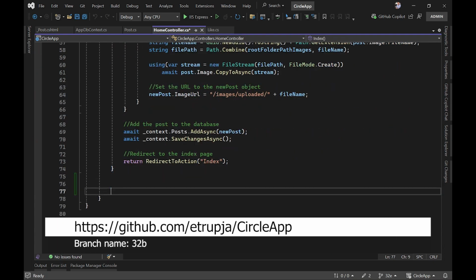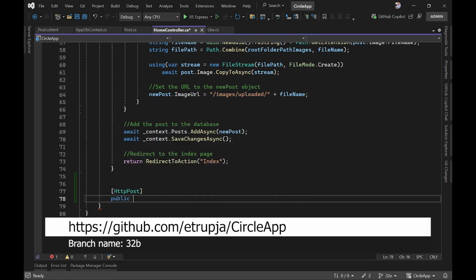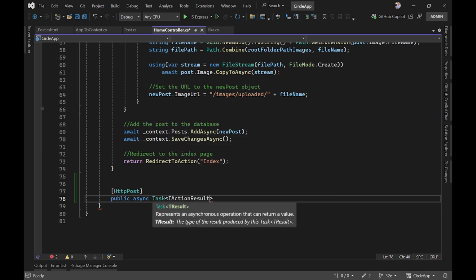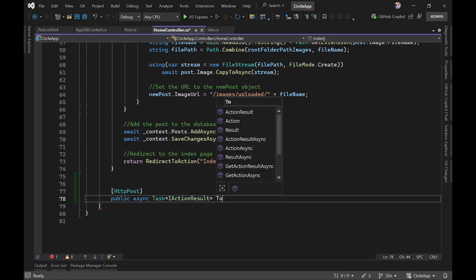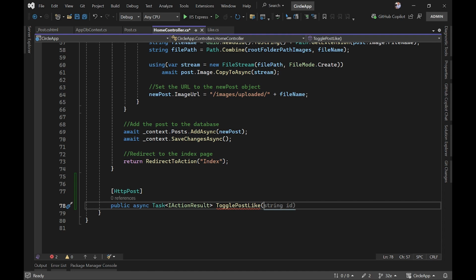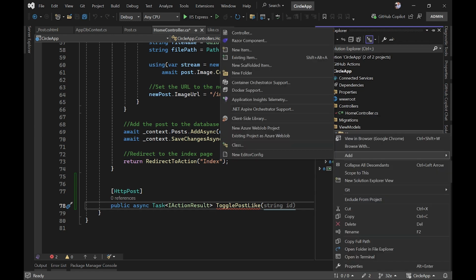I'm going to create another HTTP post, public async task of IActionResult. And we can name this ToggleLike. This is going to take either a parameter like just the int postId, or you can create another view model. I'll just go to the Solution Explorer, and then in the view models, inside Home, right click, then